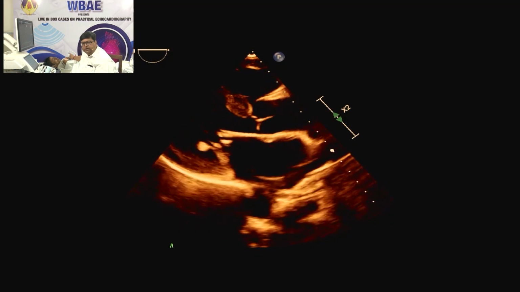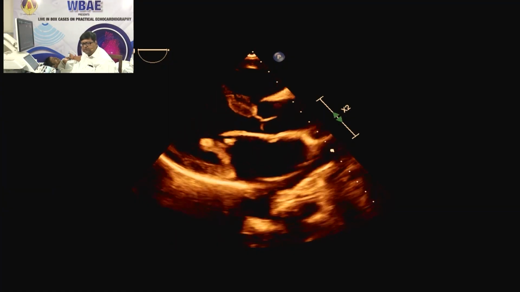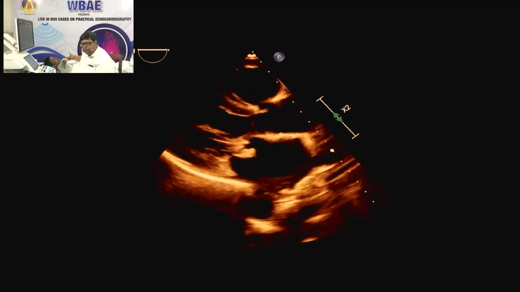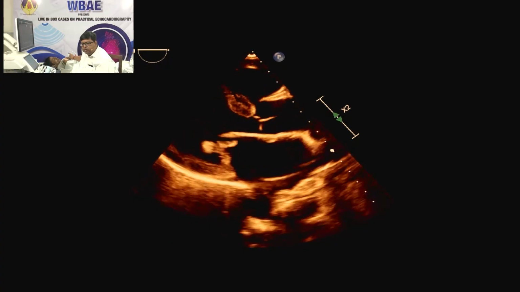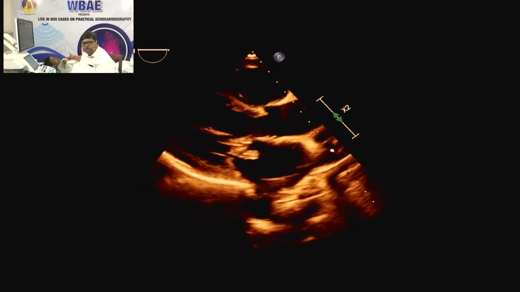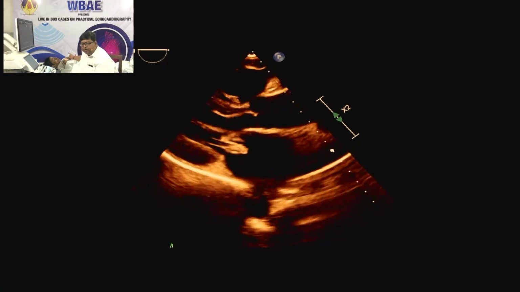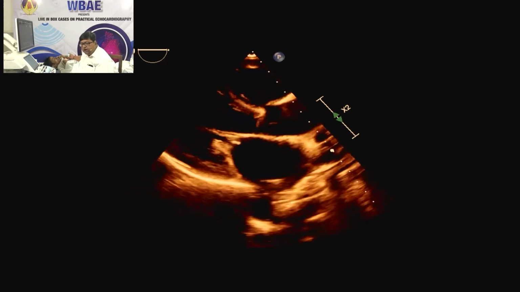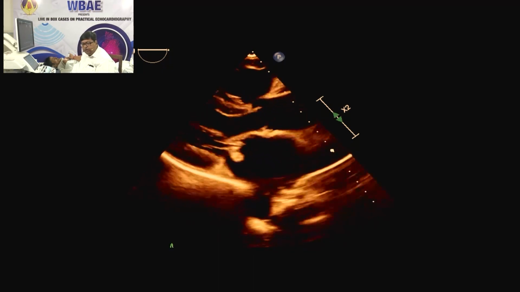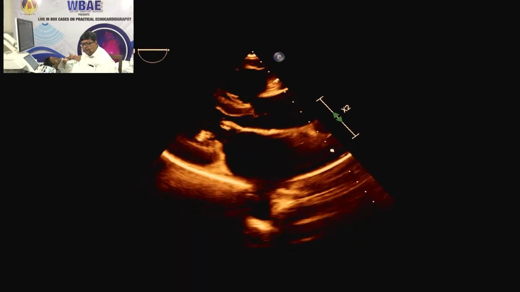In the plaques view, we can see very clearly that there are echogenic masses attached to both mitral leaflets, both the anterior and the posterior mitral leaflets. The one attached to the posterior mitral leaflet is larger than the one attached to the anterior mitral leaflet. And most importantly, the points in favor of vegetations is that the masses are attached to the atrial aspect of the mitral valve, that is, the LA aspect of mitral valve leaflets, and the masses are